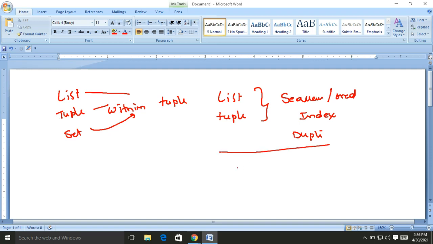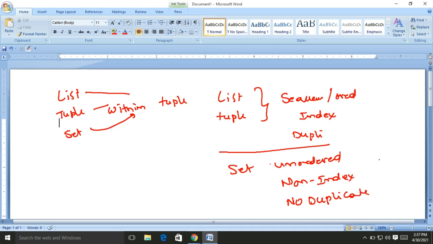But the set is unordered and a non-indexable data structure, and it does not allow duplicates. So we should remember these things.